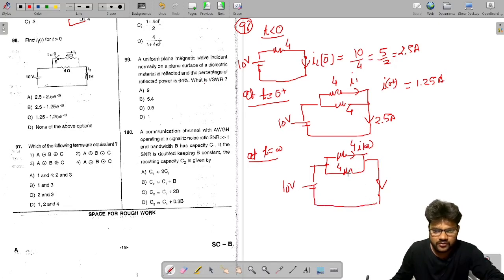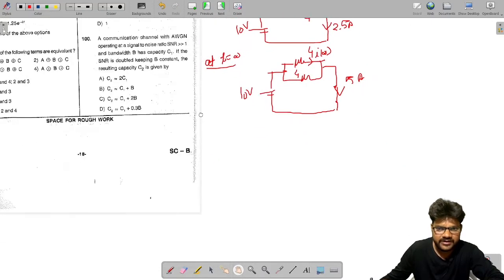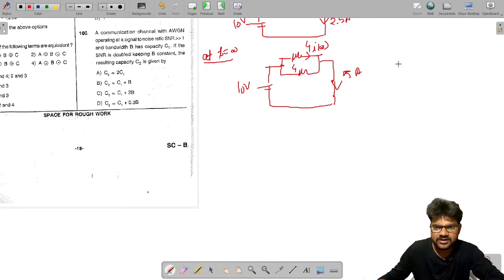So this 4 ohm, this will be 2 ohm, and 10 by 2, how much current will be? This is 10 by 2 is 5 ampere, right? So again this 5 ampere will be divided equally in these two branches, because these two branches have equal resistance. So this 5 ampere will be divided, then I infinity will get 2.5. So I1 infinity we got 2.5, right?